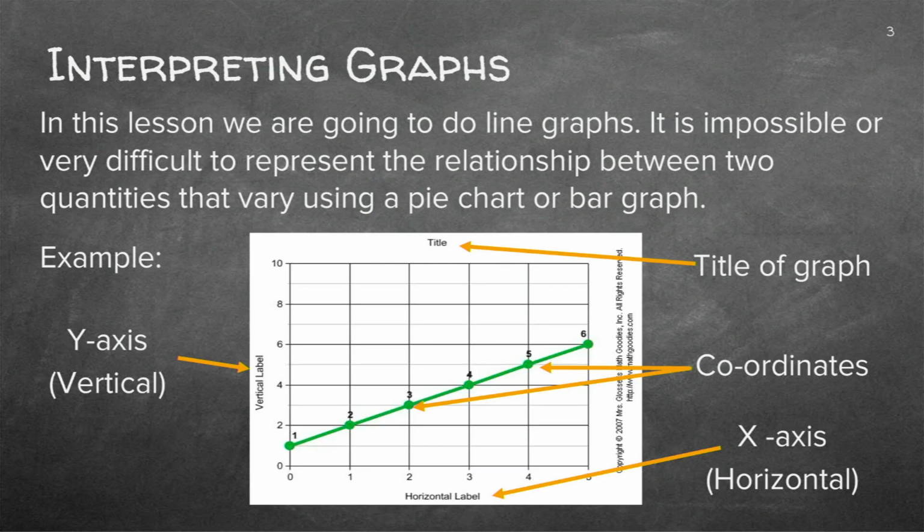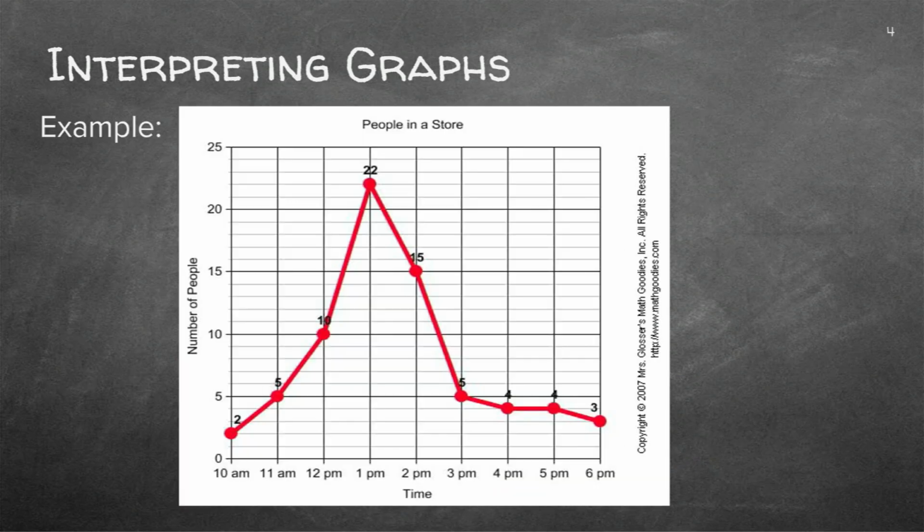Now this is a line graph. It's easy to remember. It's like a line. There should always be a title. Then there's a y-axis, the vertical one going up and down, with a label, and often a unit, depending on what we're measuring and what we're comparing. Then at the bottom there's a label, and we call this the x-axis or the horizontal axis. And can you see these little markers on the line graph? We call them coordinates.